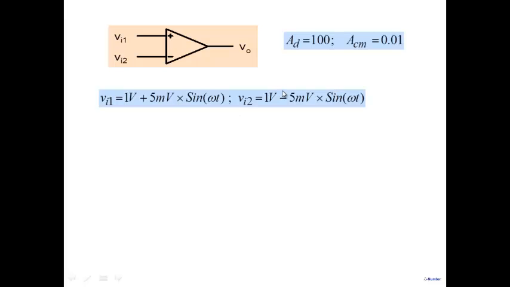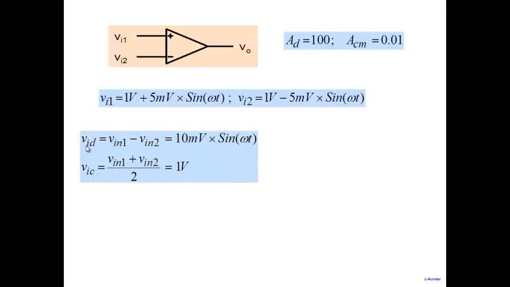So we have two voltages here. And if you want to use the differential pair, what you do is you first calculate the differential input voltage. So VID is Vin1 minus Vin2, which is 10 millivolts sin omega t. The common mode input voltage is the average of the two, so you add the two together and divide by 2. So that's 1 volt here. Note that in your amplifier, two signals are going in. One is a common mode signal, which is 1 volt, and